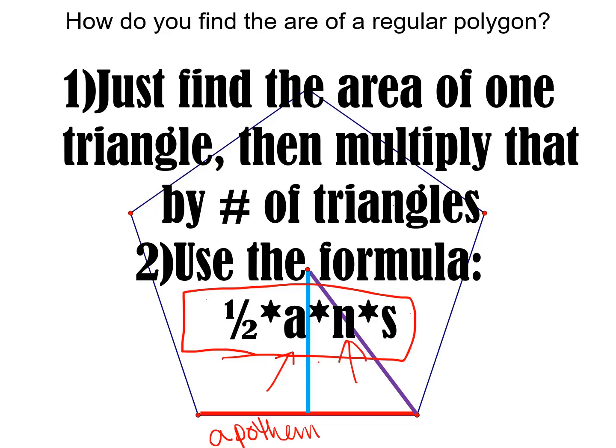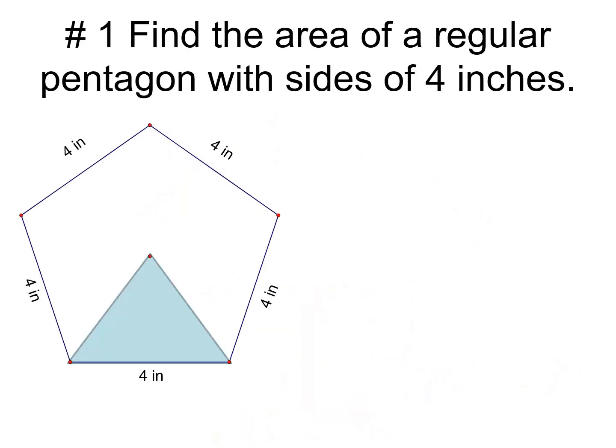The N stands for number of sides, and the S stands for the side length. But that's where this formula comes from: if you break a pentagon into 5 triangles, find the area of one triangle, and then multiply by 5 to get the whole area of the polygon, that's how we get it. So using that formula, area equals 1/2 times the apothem times the number of sides times the side length, let's